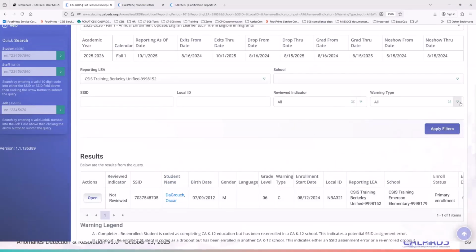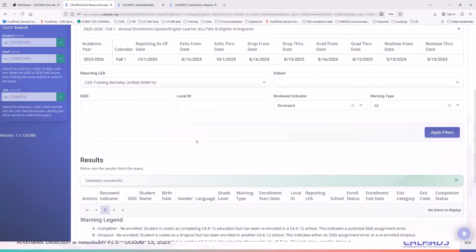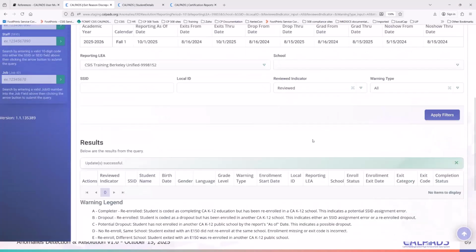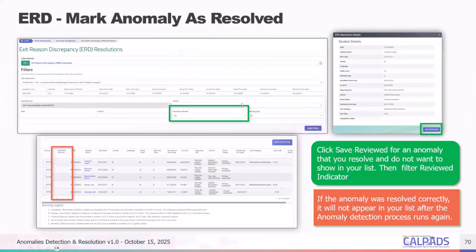That way, if you pick the review indicator as reviewed, then it should filter this out too, right? And so that should resolve it. And now we don't have any on the list, right? So that's just more of a clerical functionality. Okay, so that's how to resolve anomalies.